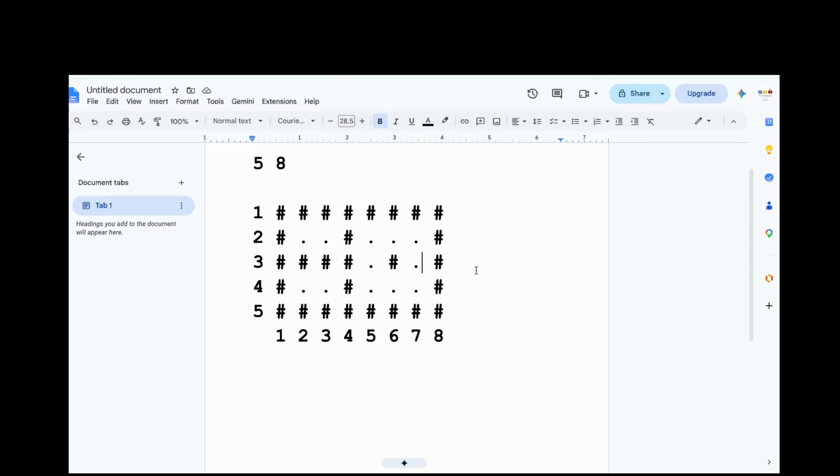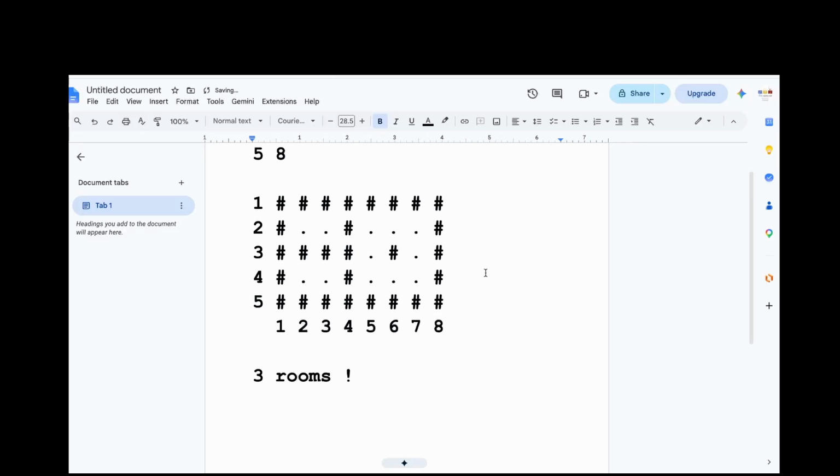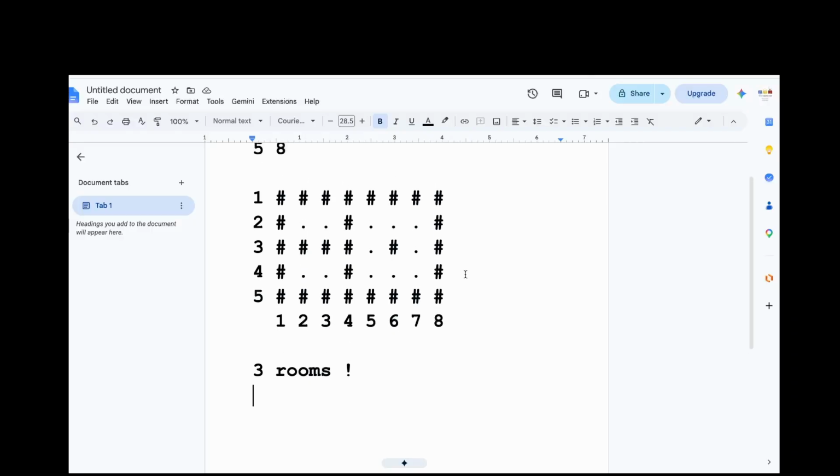Okay. This is room number 3. So how many rooms do we have? 3 rooms. So the answer is 3, right? The answer is 3. So I hope you understood the problem statement, what we have to do, and the solution